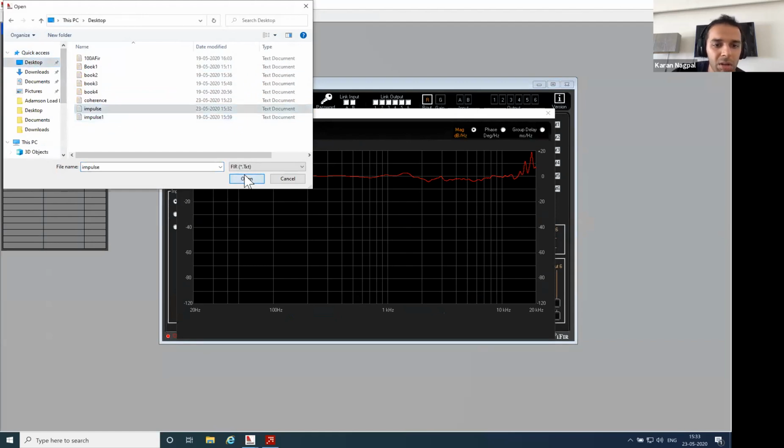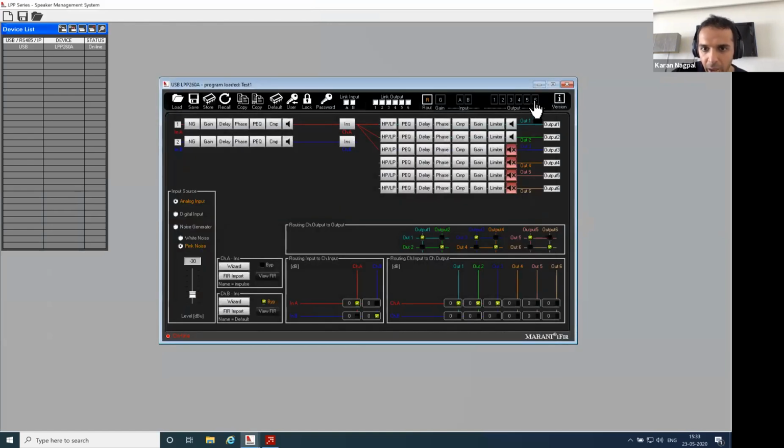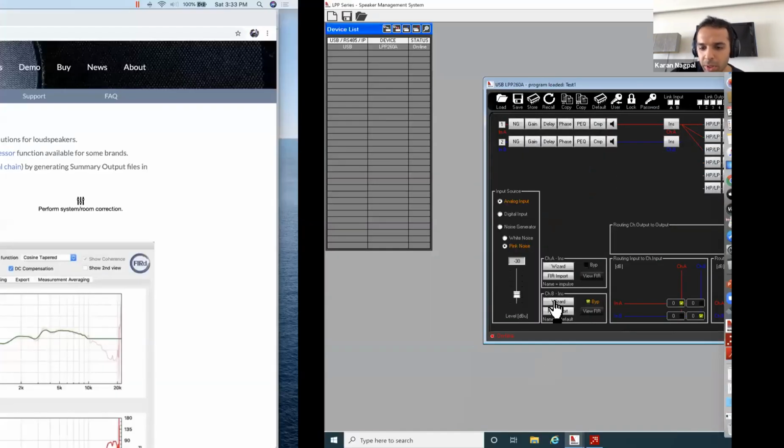And impulse, and it won't be as good because I've not spent much time here. You can see the magnitude that we set with 3-4 EQs, here you're getting the magnitude, and I can store this to my device with a third party software, and again do a measurement.